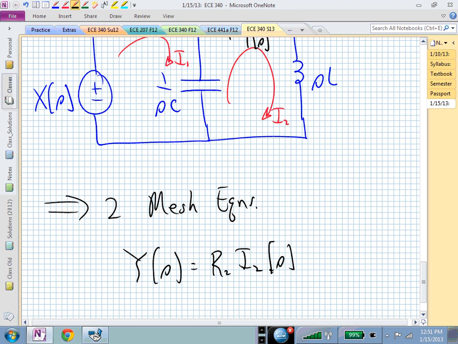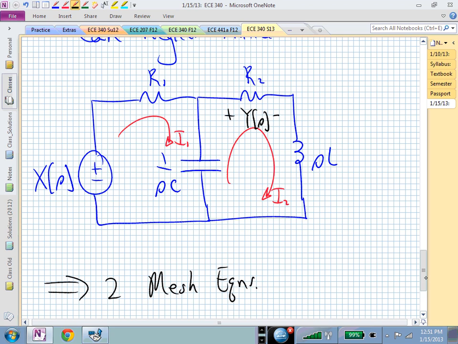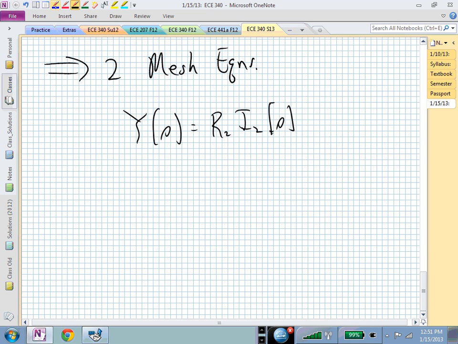Pardon the pun, huh? What's the first mesh equation? If I start down here in the lower left, I can simply walk around that. There are ways of doing this when you don't have dependent sources, but if we just do it the longhand, we can simply say, okay, I'm going into the minus terminal. This is how I would do it. I have minus X of s plus R1 times I sub 1 of s plus, and now I have that capacitor impedance